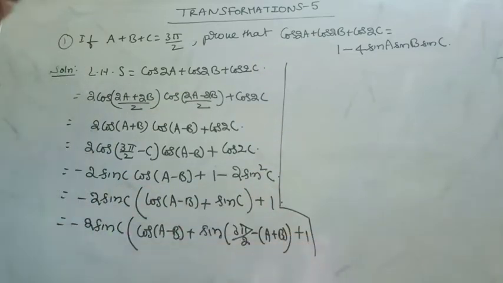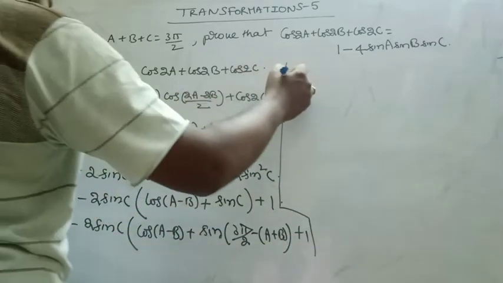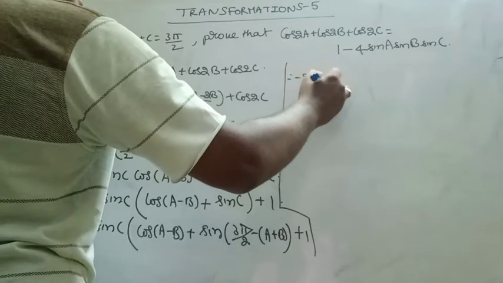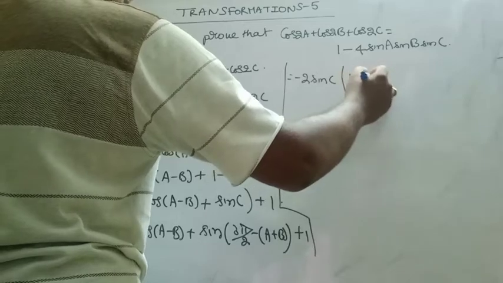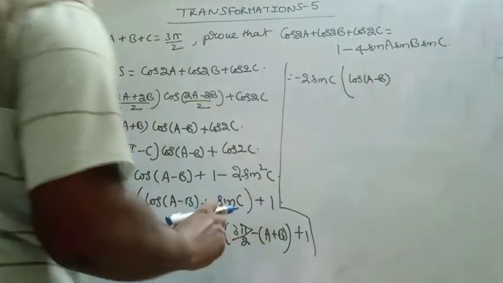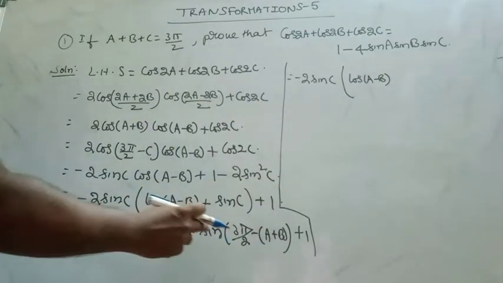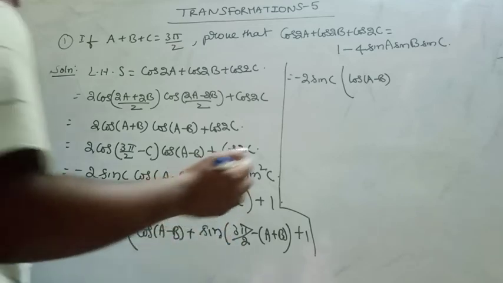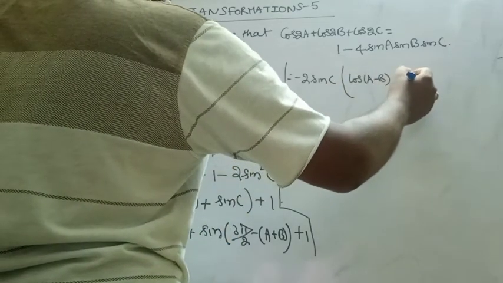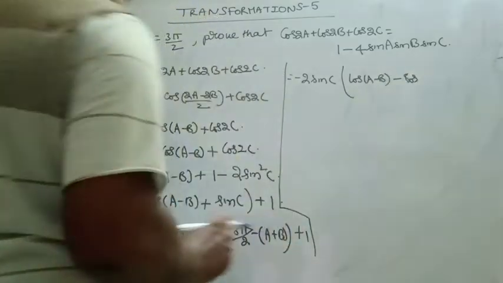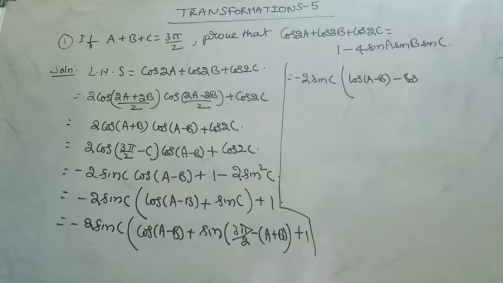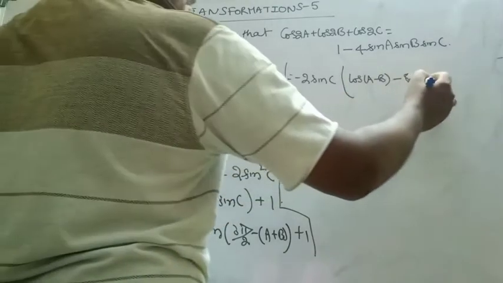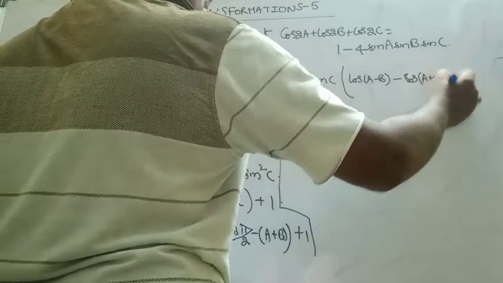If you write like this, what we will be getting is minus 2 sin c into cos of (a minus b) plus sin (270 minus theta). Sin (270 minus theta) becomes what? Minus cos theta, because it lies in the third quadrant. So minus cos of (a plus b) you are having, like this, right,